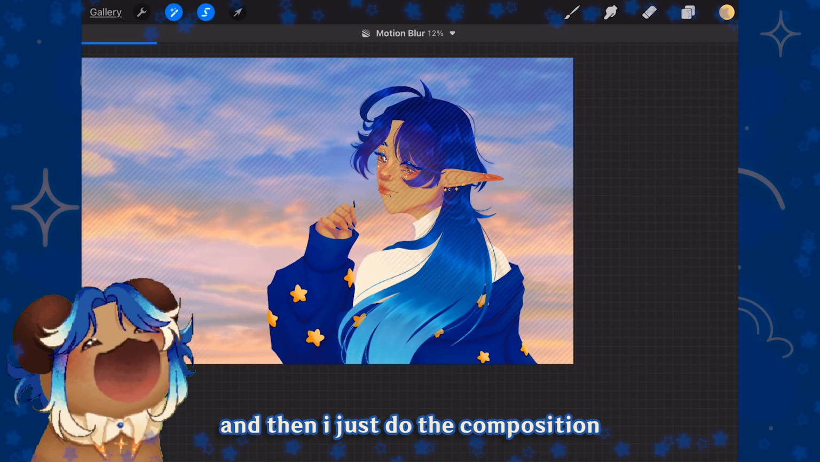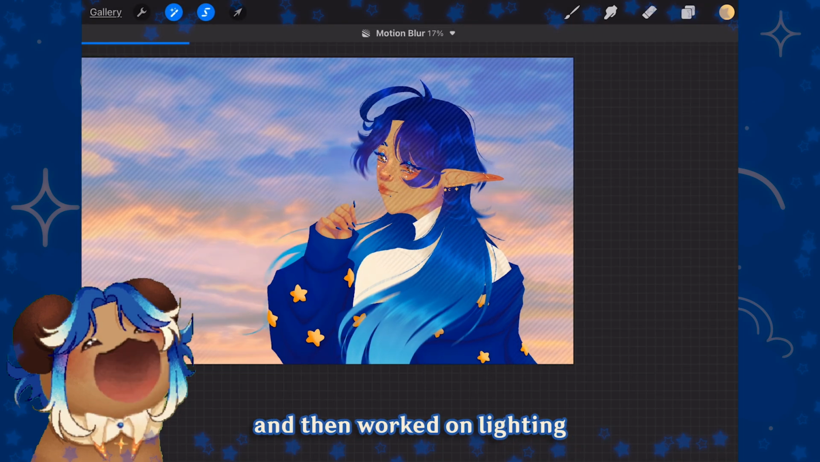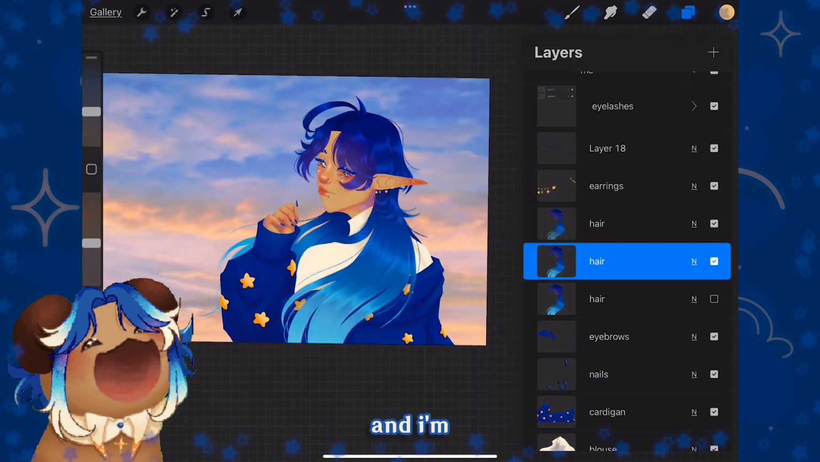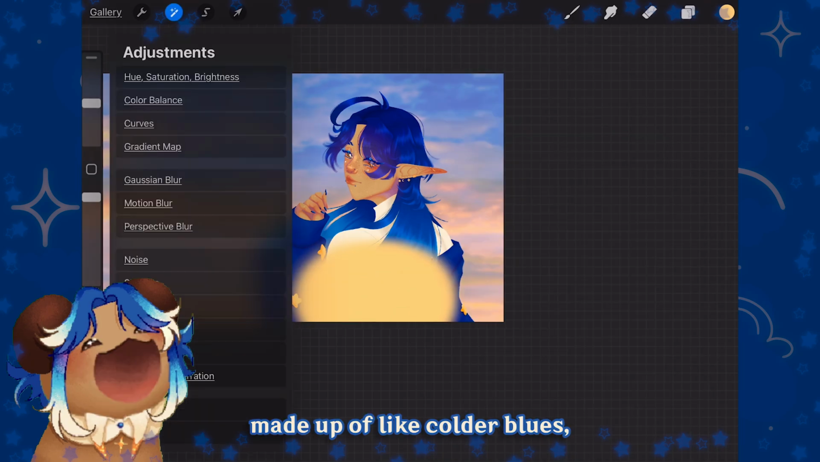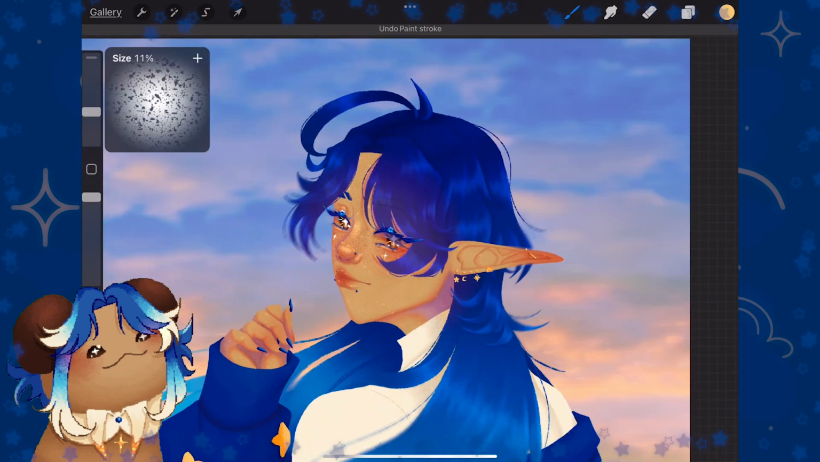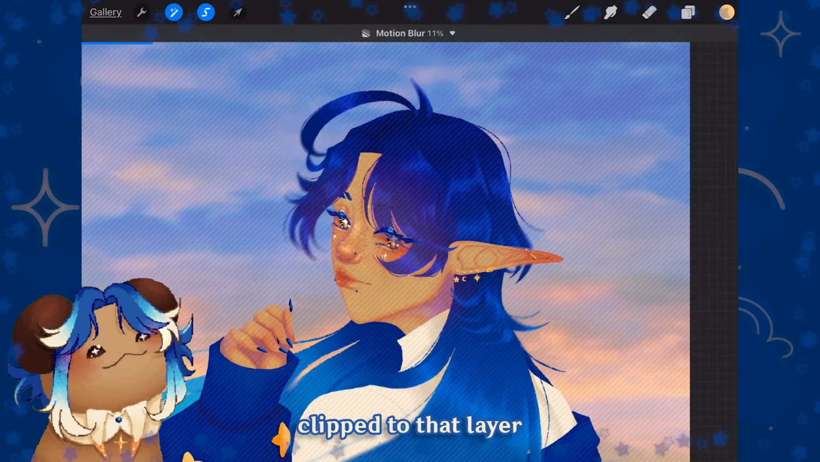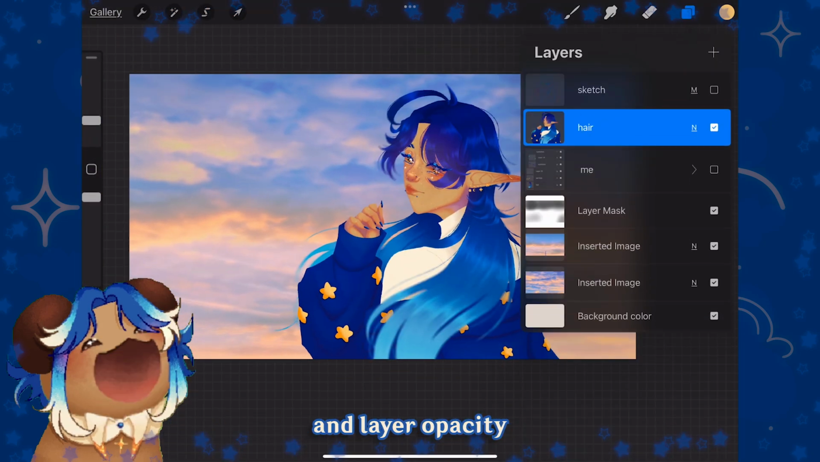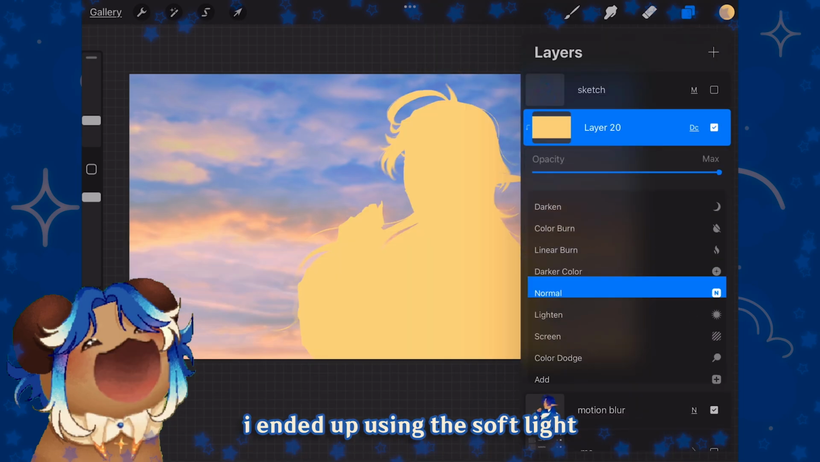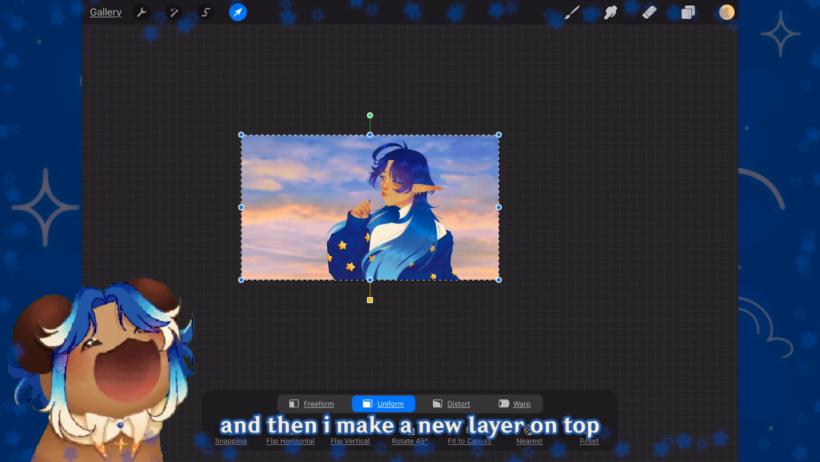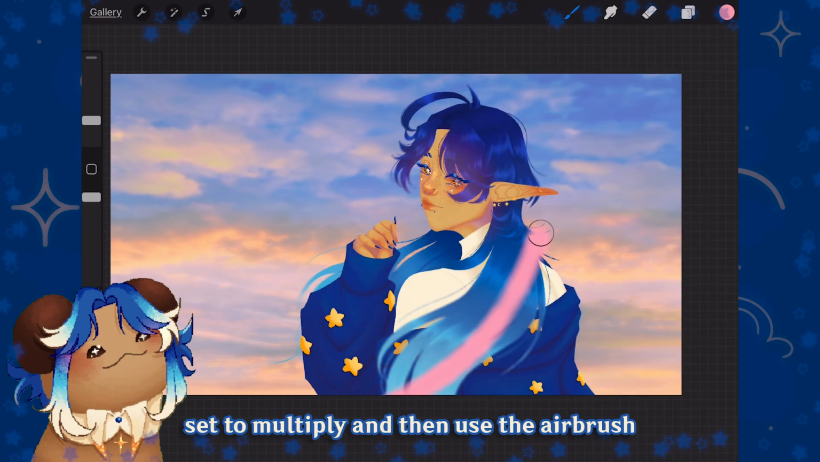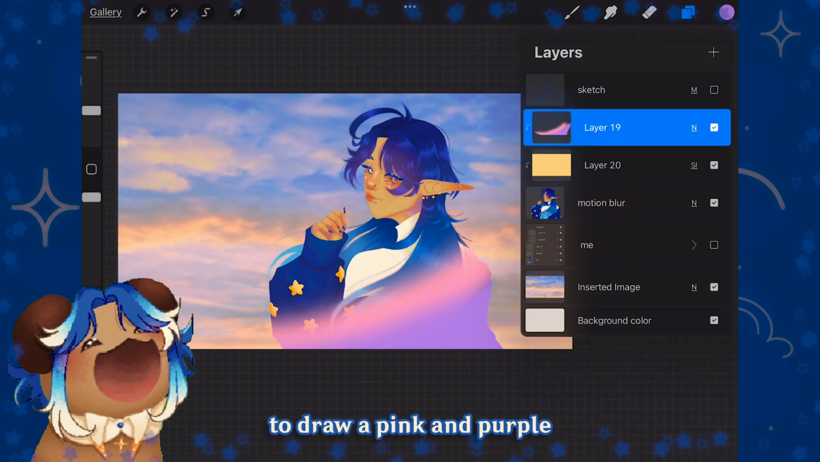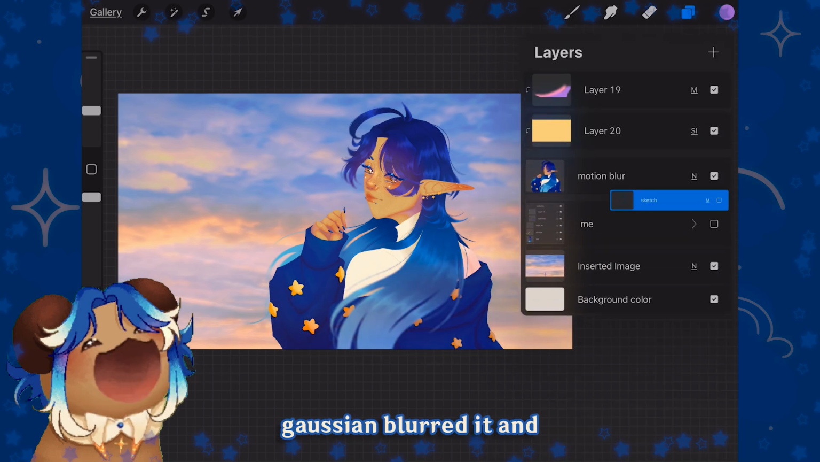And then I adjusted the composition and then worked on lighting. Since the sky background is warm toned and I'm made up of colder blues, I did an orangey yellow layer clipped to that layer, and then I messed around with layer modes and layer opacity. I ended up using the soft light blending mode, and then I make a new layer on top set to multiply, and then use the airbrush to draw a pink and purple dynamic shadow, Gaussian blurred it and lowered